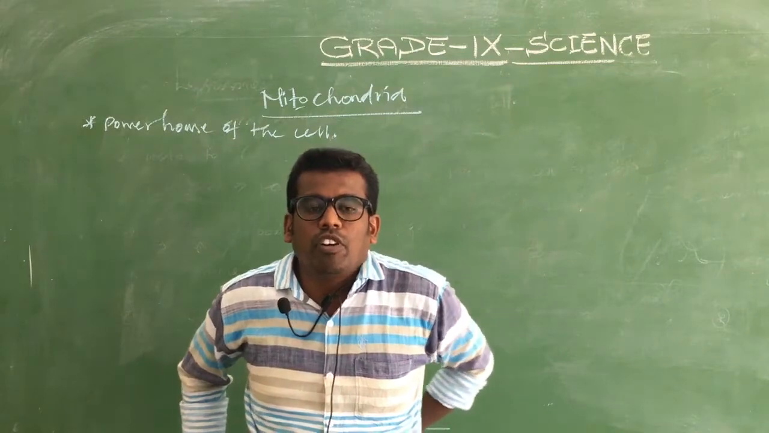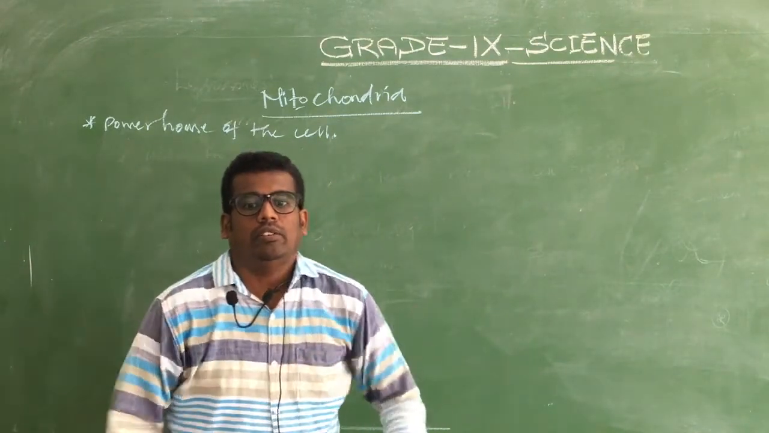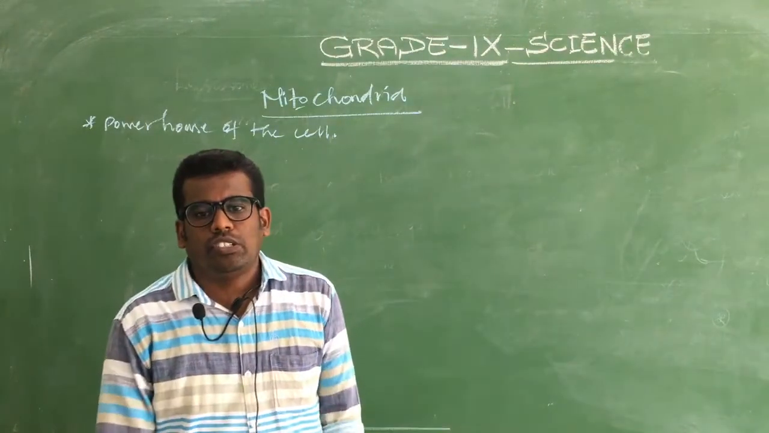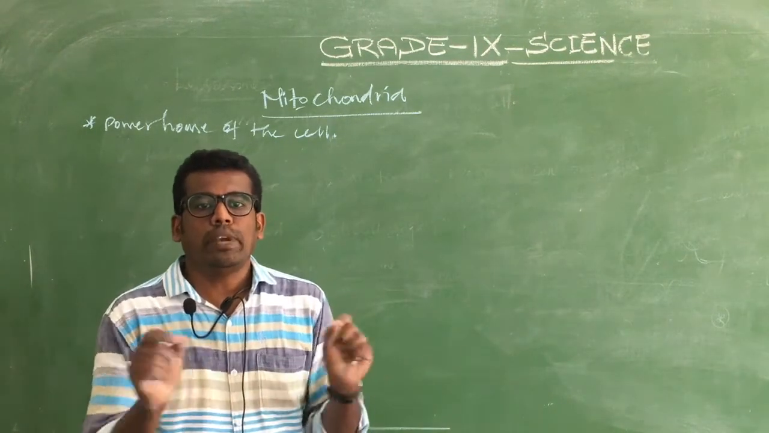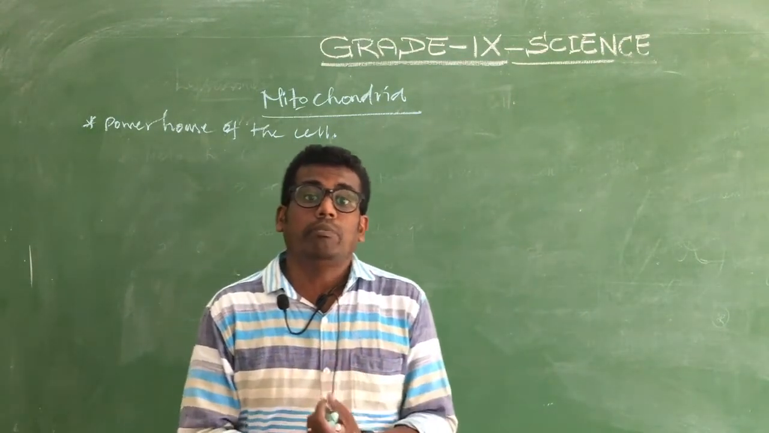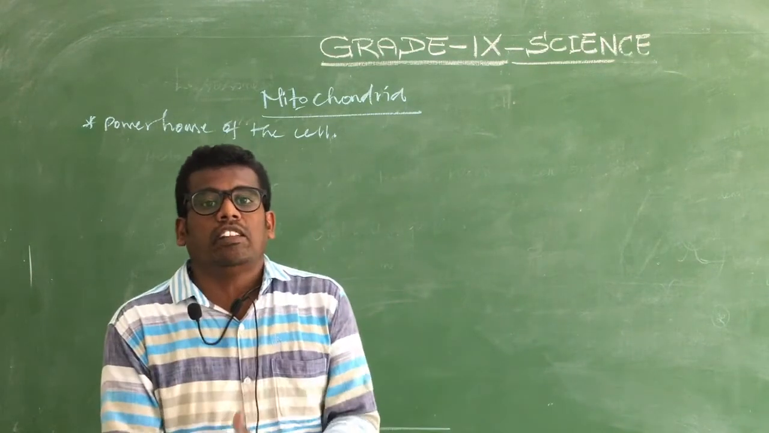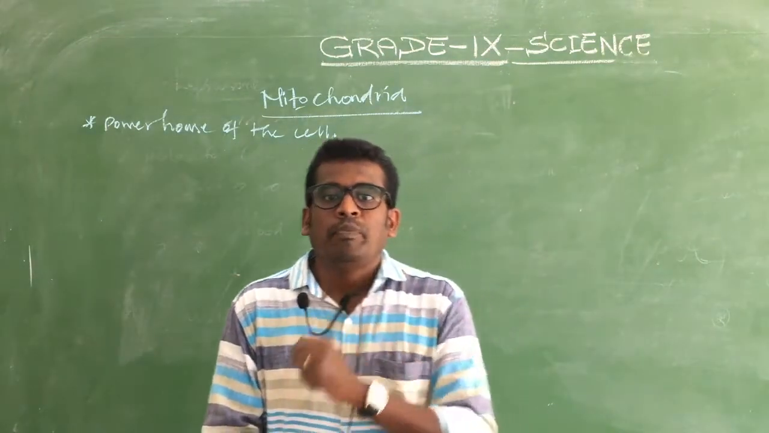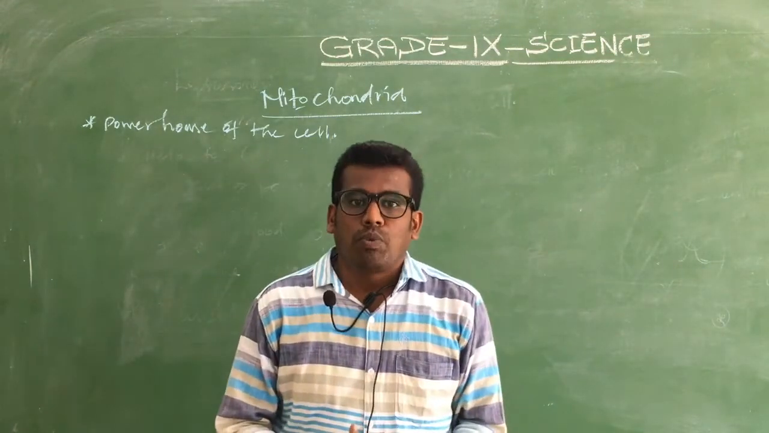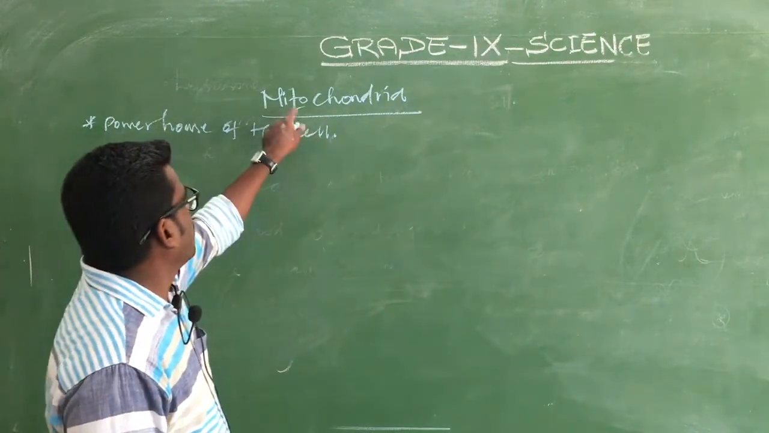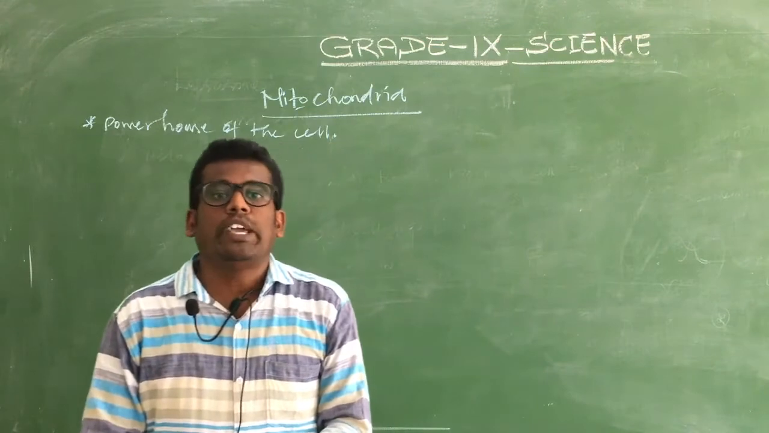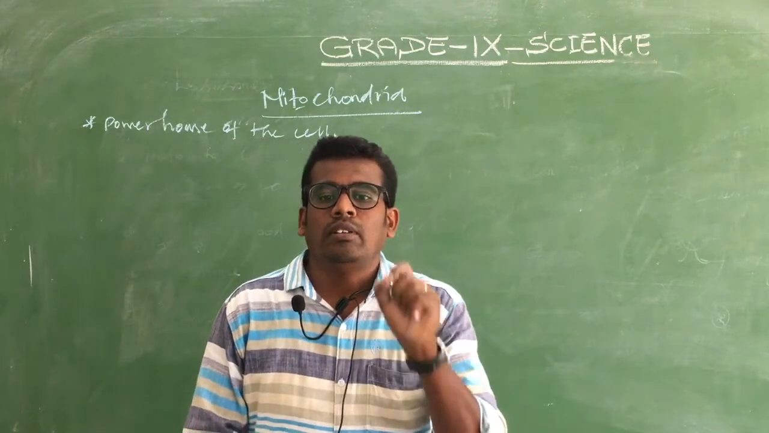We have different organs, and so many cells are there. We need chemical activities for maintaining life, and chemical activities need energy. The energy is produced, released, by the mitochondria. So this is called